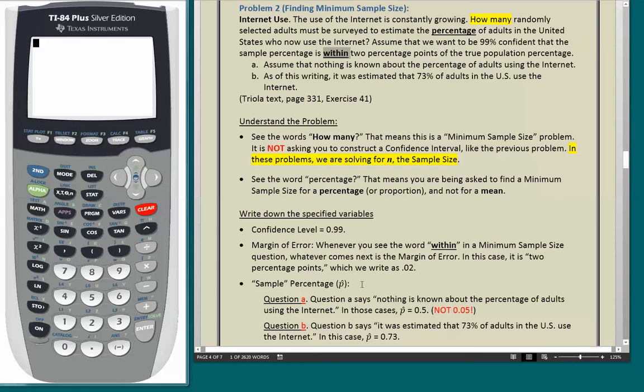And then the third variable we have to focus on is the sample percentage, or p hat. And notice these questions are different. Question A says,